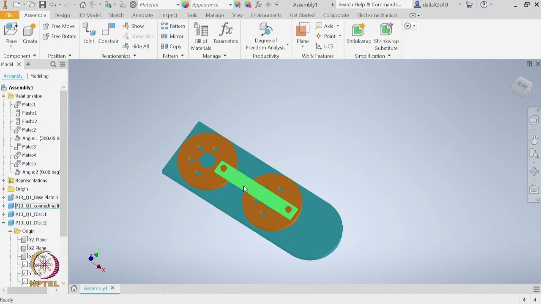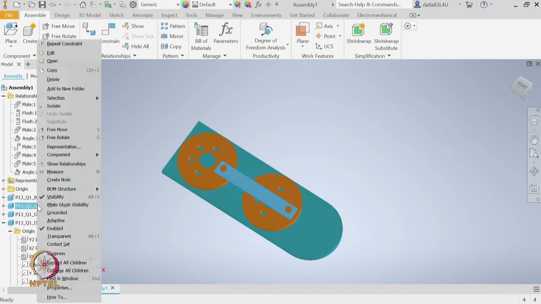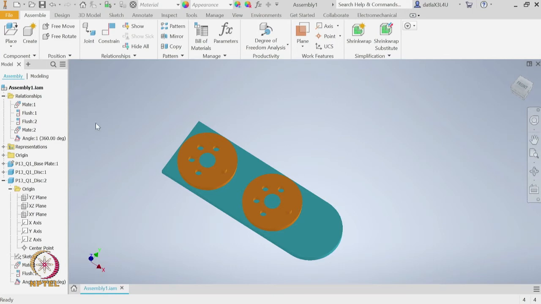To do that we will slightly modify the problem. Now what I will do is remove this connecting link. So, I will select the connecting link and delete it. Okay. It has correspondingly deleted the relevant relationships which we had created with that part. Let us save it. Now, I will modify the problem so that between these two rollers I will have another link, and once we move the first disc, that will drive this link.